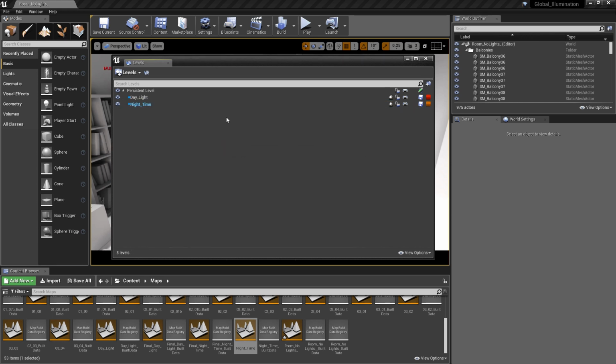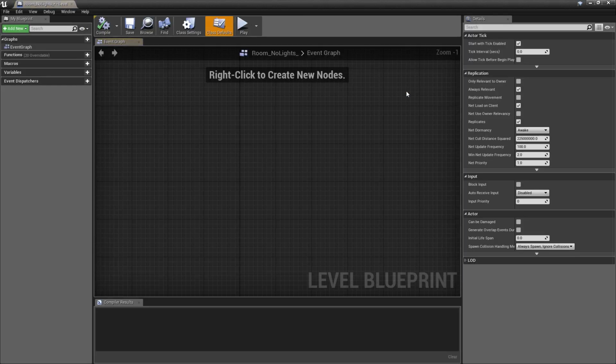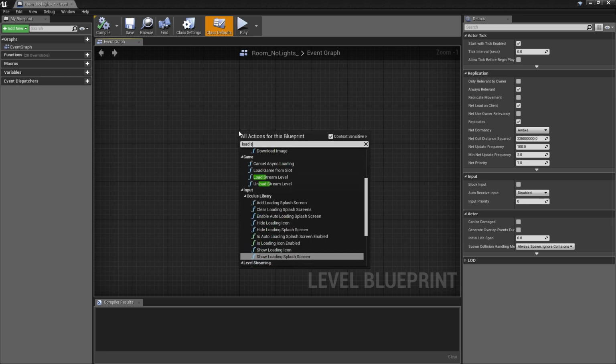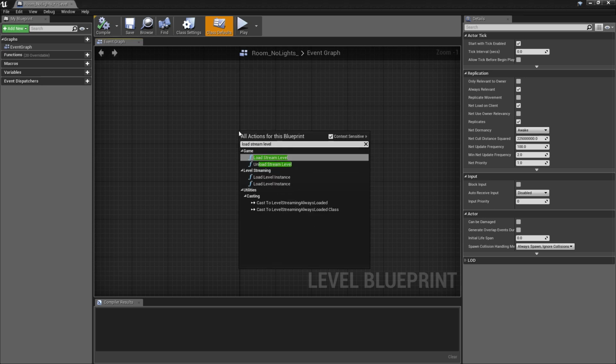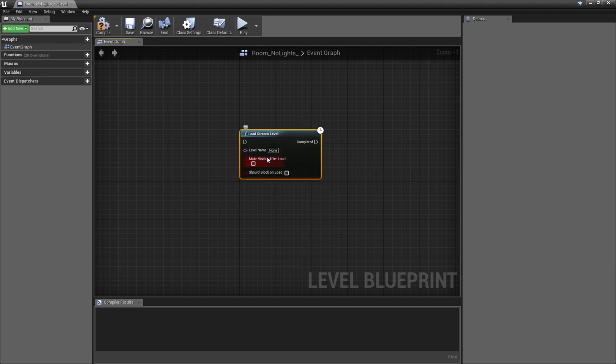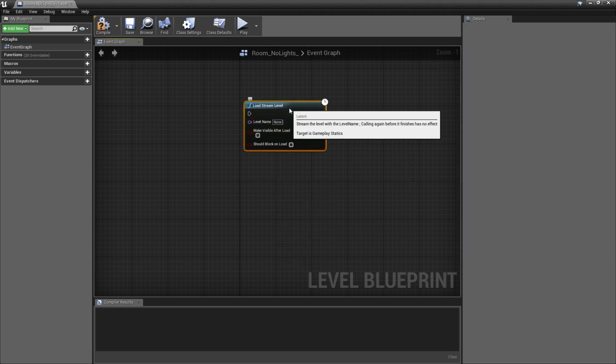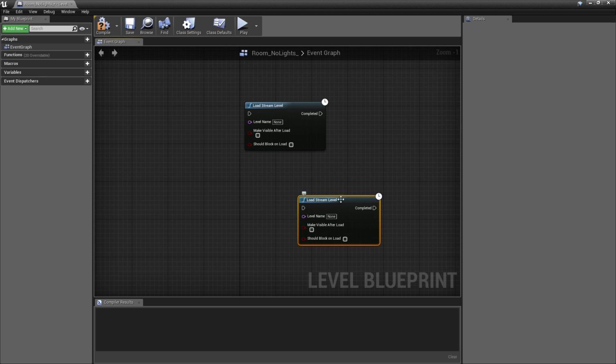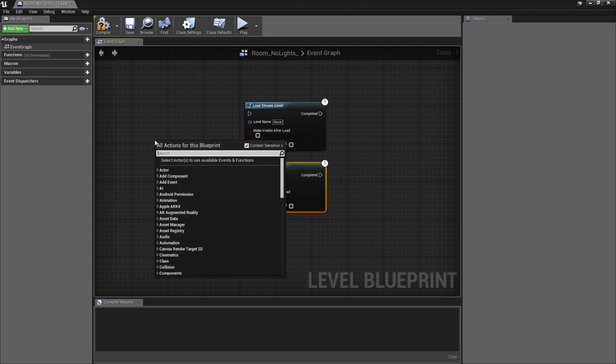Having created the levels that we want to use then, time to create a small blueprint that will allow us to quickly and easily switch between the lighting setups or scenarios that we have. To do that, let's open up our persistent level blueprint, which we can do by clicking the small game controller icon found in the Levels dialog box. And once open, right-click and type Load Stream Level into the search, adding the node of the same name when we see it appear. With the node selected, we can press the Ctrl+W keys to create a duplicate, and then